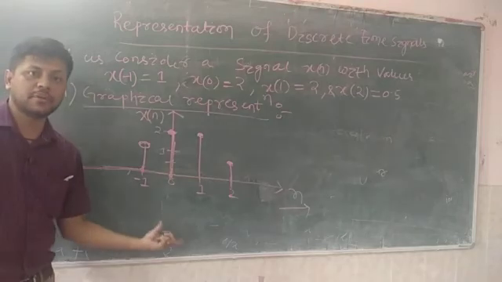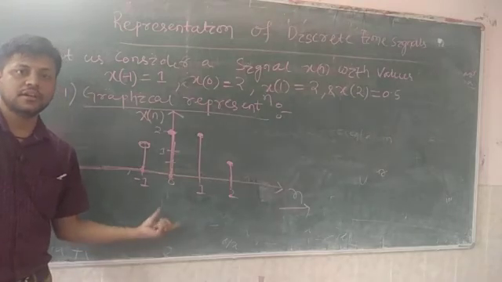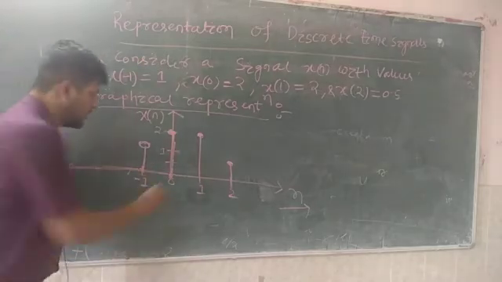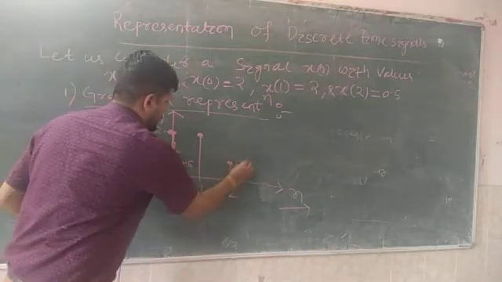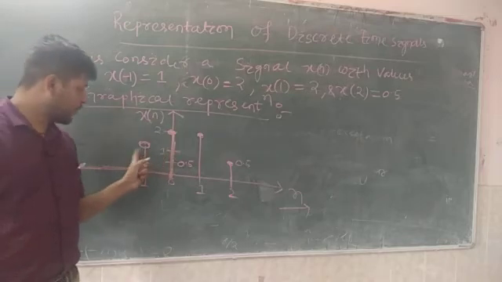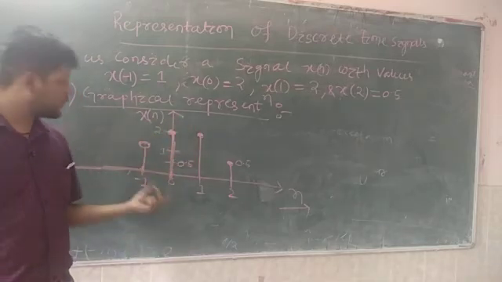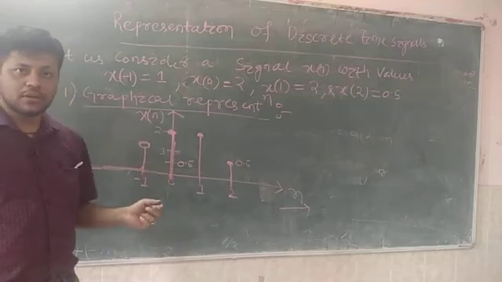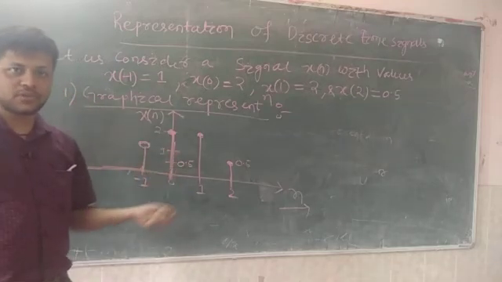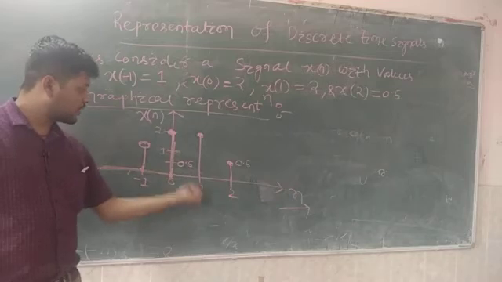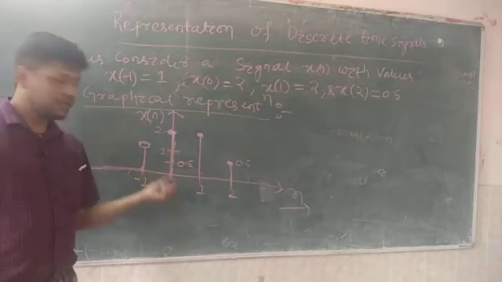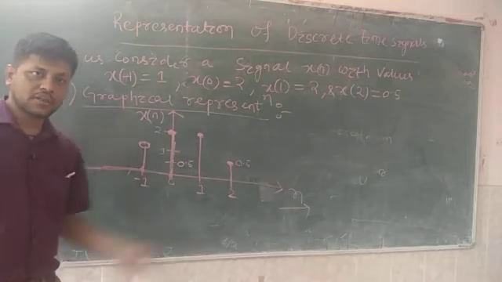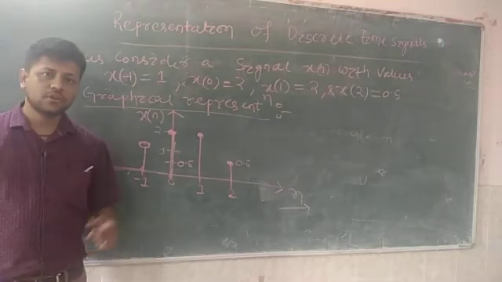So, this is the graphical representation of a discrete time signal. Here the amplitudes are 0.5, 1 and 2, so we have 3 amplitude levels. If I ask you how many samples there are, do not count the amplitude levels. Whenever I ask how many samples are in the discrete time signal, you just count how many time values I have taken: -1, 0, 1, 2. So I have 4 samples, and this is the graphical representation of your discrete time signal.